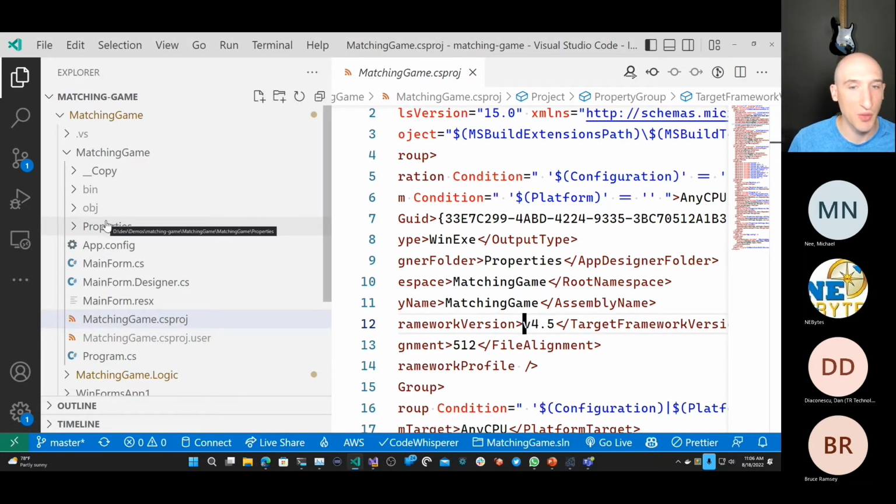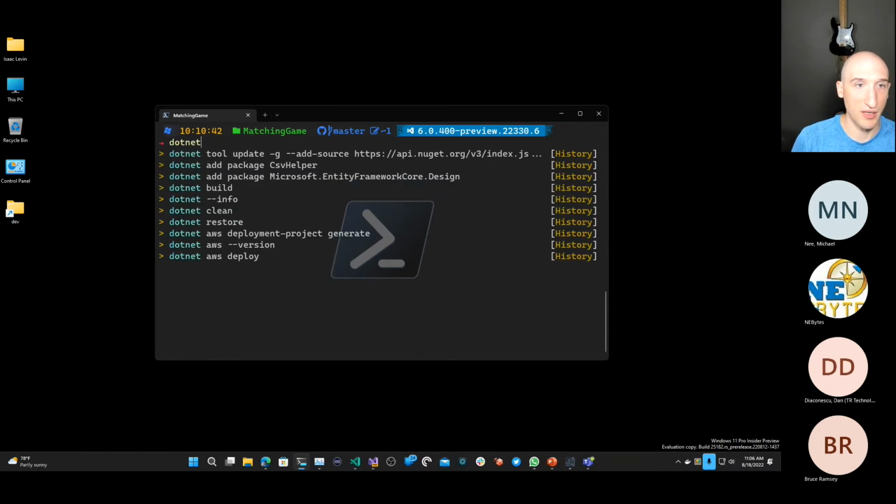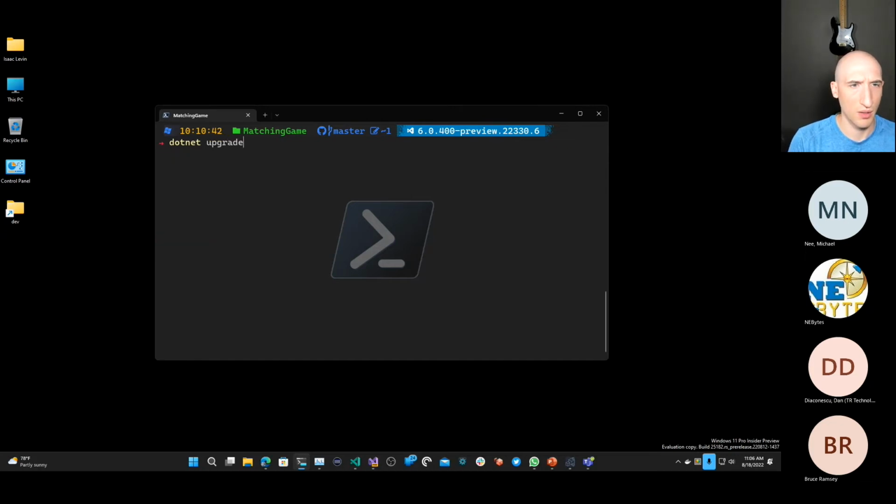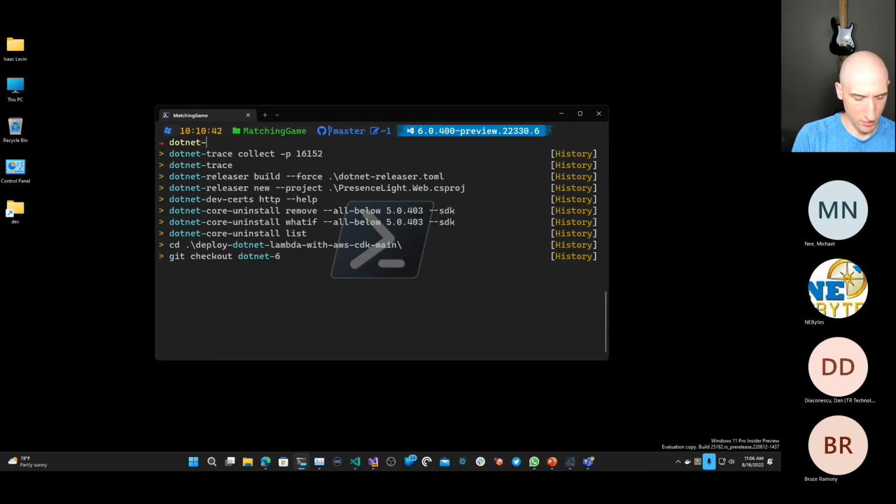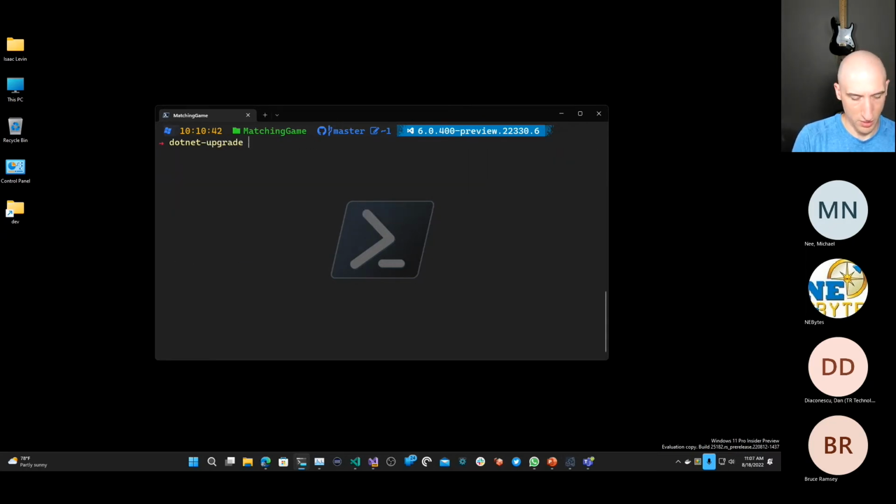to .NET 6 using the upgrade part of the tool. And I'll step through each individual step and show you what it's actually doing as it pertains to that experience. So let's minimize this and let's just go .NET upgrade. And then I specify a project. Upgrade. I think it's .NET upgrade actually. Upgrade, and then you provide